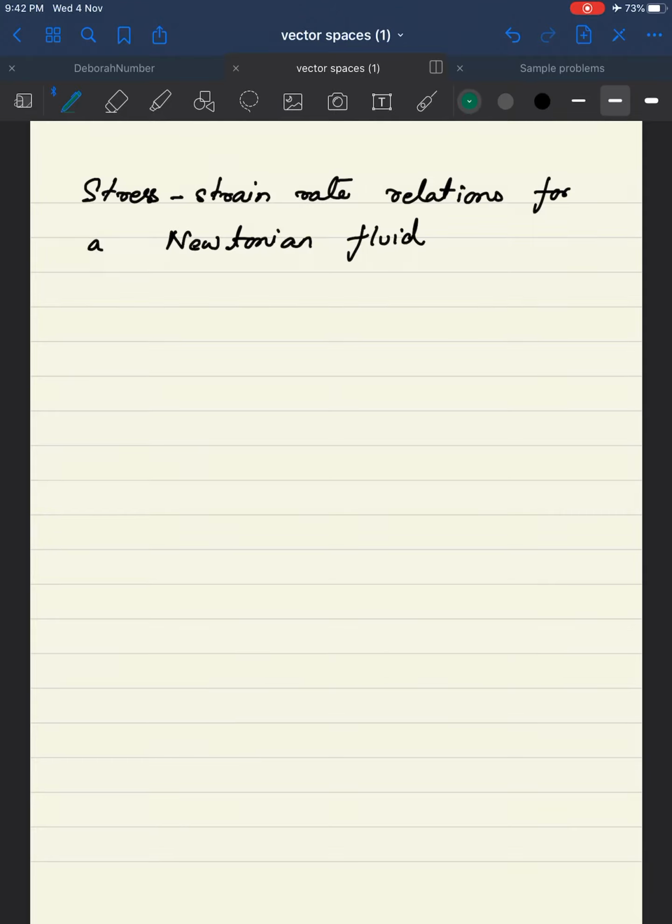Okay, and so this is what is part of our course, and if you want to read about some of the other type of fluids, you have to take other advanced courses. Now, when it comes to Newtonian fluids, there are certain key assumptions that play a very important role in deciding this stress strain rate relationship, and these assumptions are essentially all